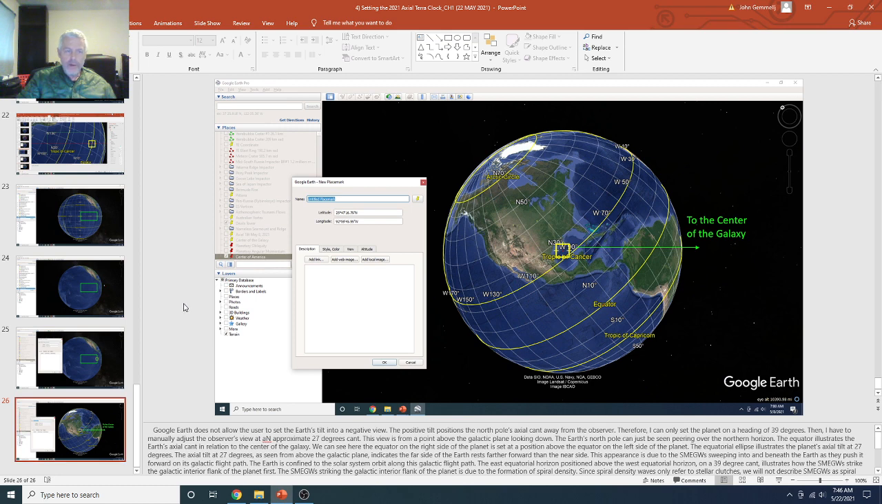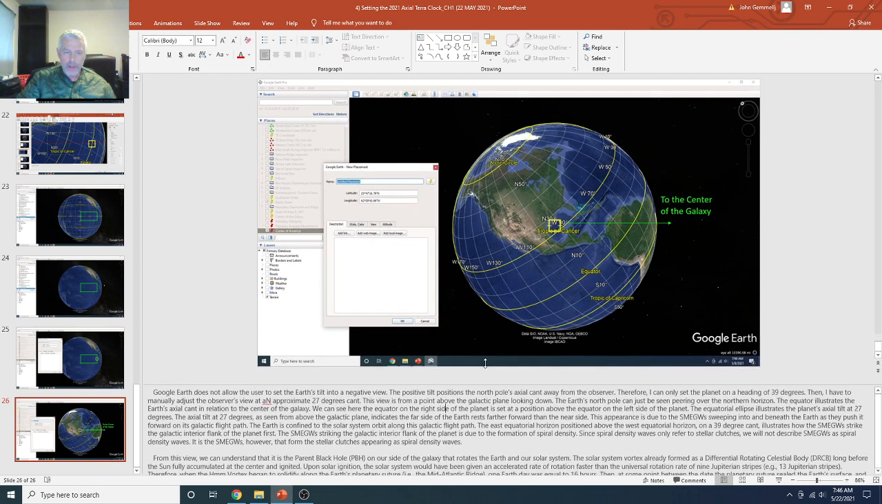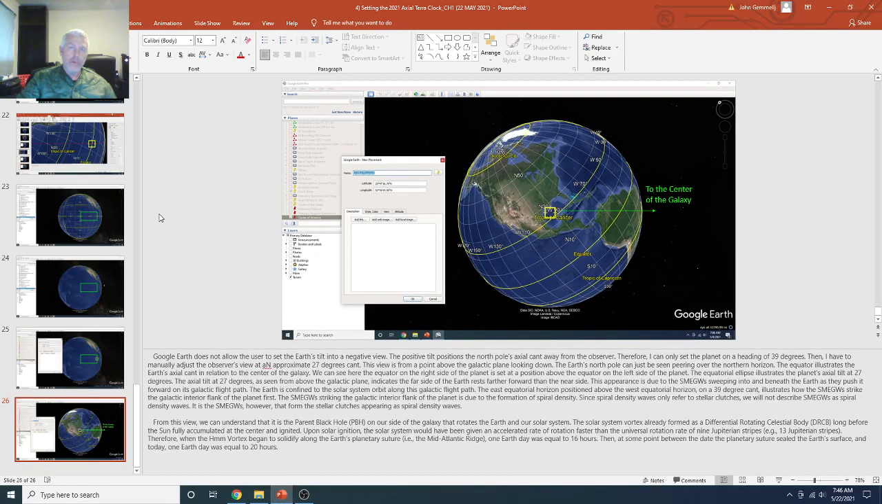All right, so down here I basically have a whole bunch of stuff that I'm writing about, and if I bring this up, I'll go ahead and read it to you. I know this is boring when I read, especially when I can't even read my own writing. Google Earth does not allow the user to set the Earth's tilt into a negative view. The positive tilt positions the North Pole's axial cant away from the observer. Therefore, I can only set the planet on a heading of 39 degrees. Then I have to manually adjust the observer's view